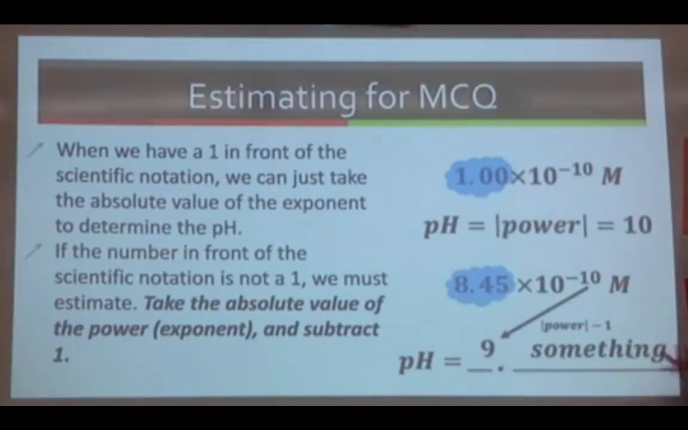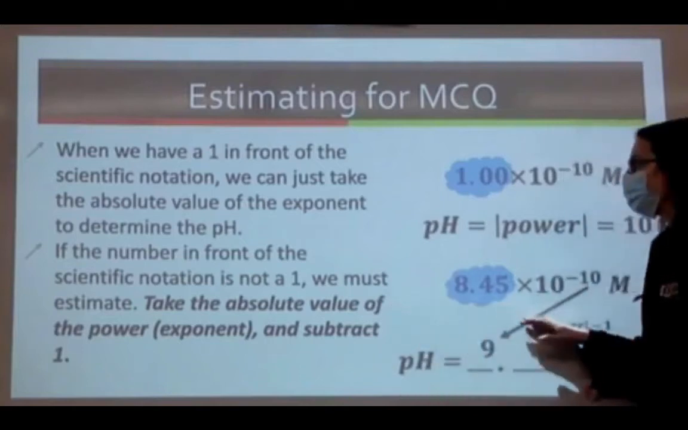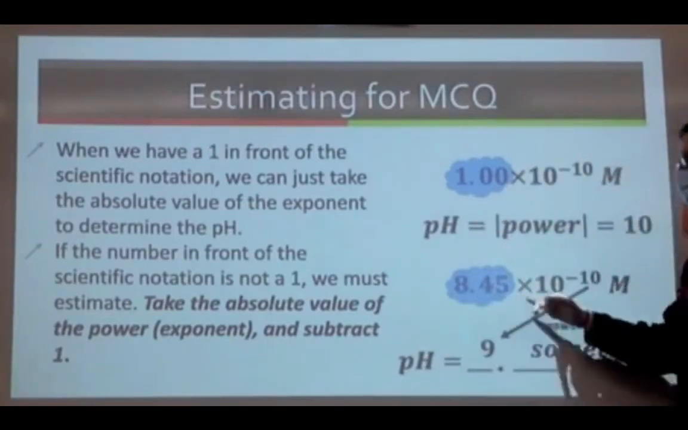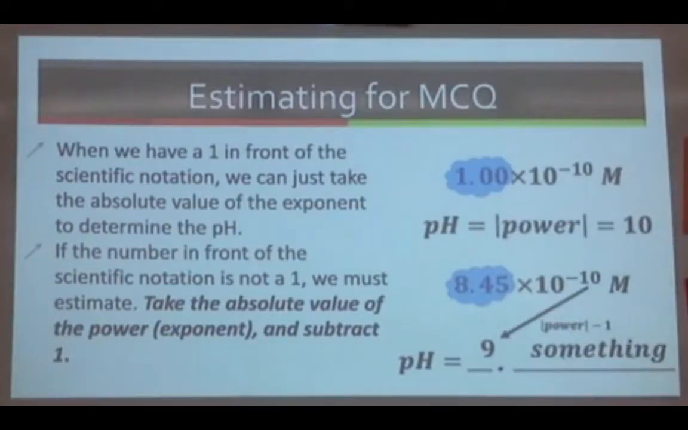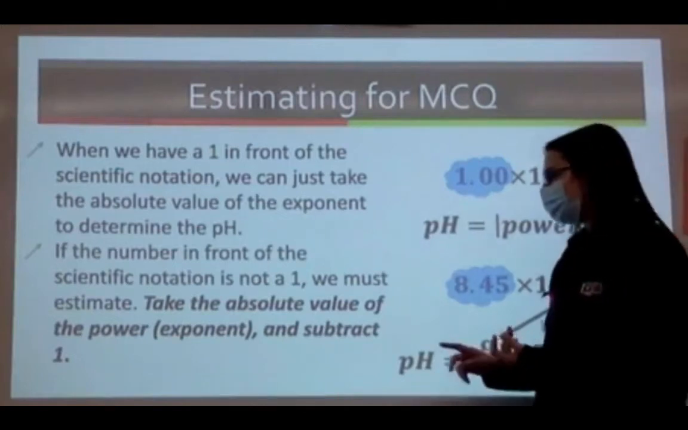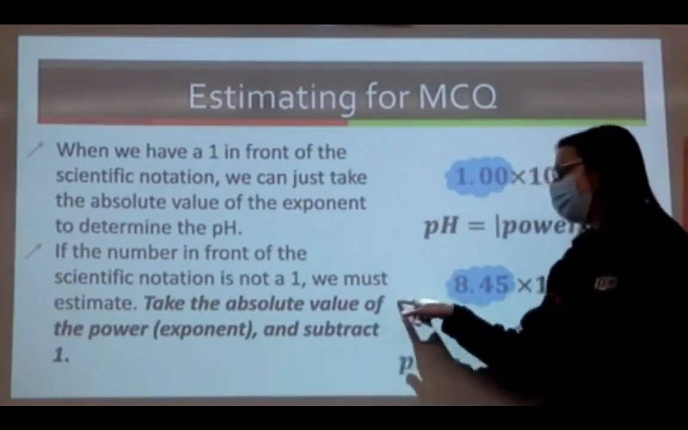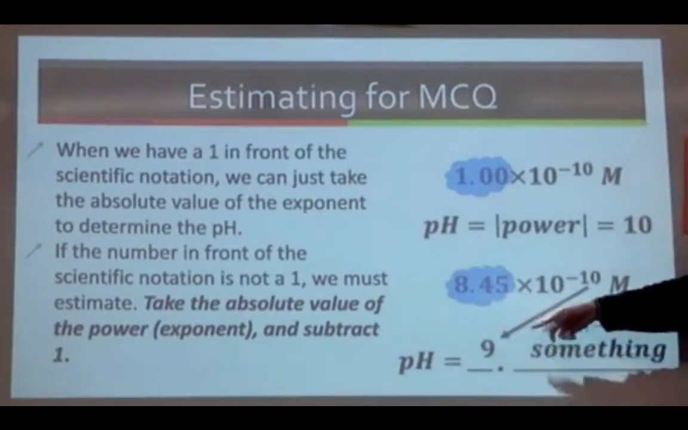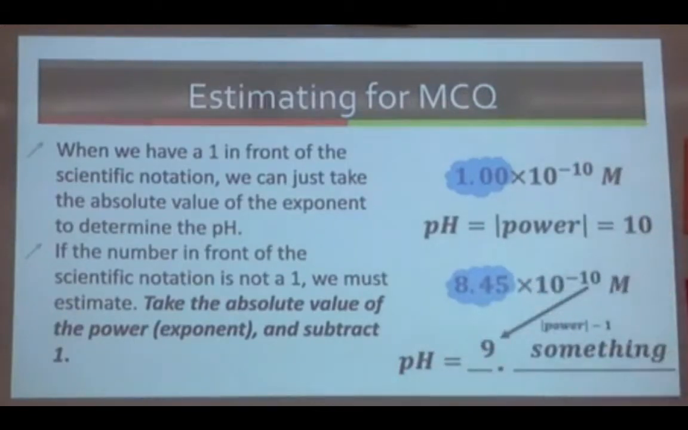Now, if they give you a concentration that's not 1 times 10 to the something, and you have an actual number in front, so if the number in front of scientific notation is not a 1, that's when we estimate. Here's the best way to actually estimate. So if I want to take the negative log of 8.45 times 10 to the negative 10,